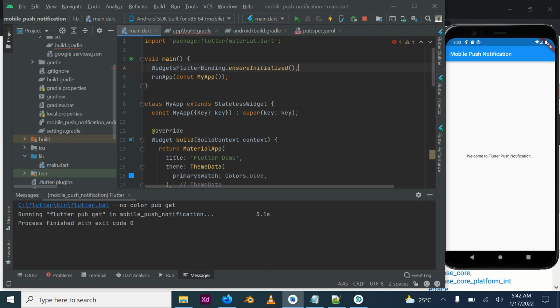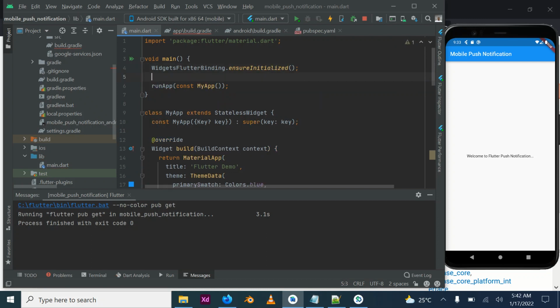We put this just to ensure that all our widgets are initialized, and we make this an asynchronous call by putting async here, and then come in here and put await Firebase